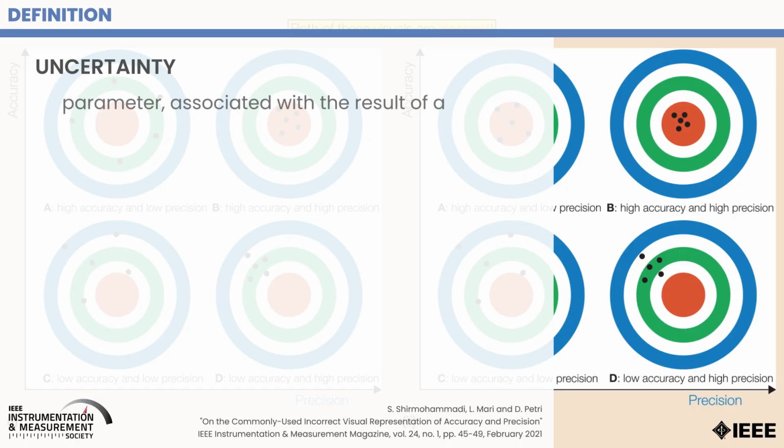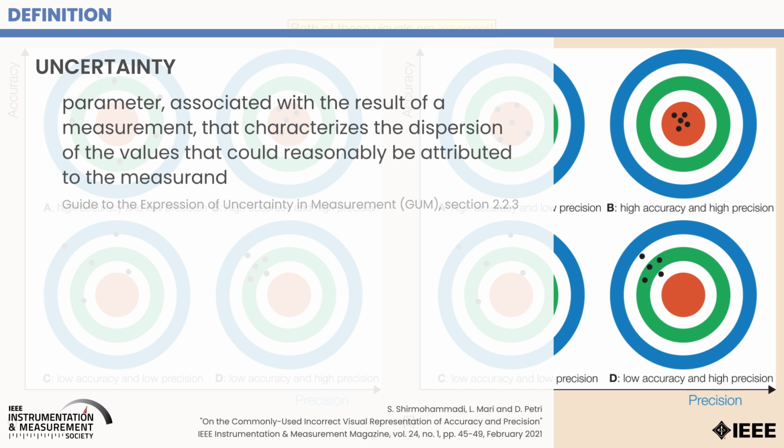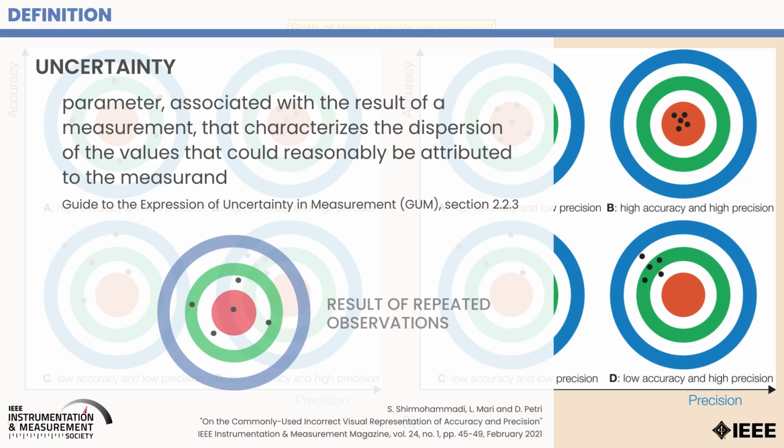What is measurement uncertainty? According to the ISO GUM definition, uncertainty is a parameter associated with the result of a measurement that characterizes the dispersion of the values that could reasonably be attributed to the measurement. So in this diagram I'm showing here, for example, you can see that we have made repeated observations. And each observation is slightly different because of systematic effects and because of random effects that affect the measurement. So each time we get a slightly different answer. And that difference essentially is what uncertainty is trying to characterize. So this dispersion between these values is what uncertainty is trying to characterize.